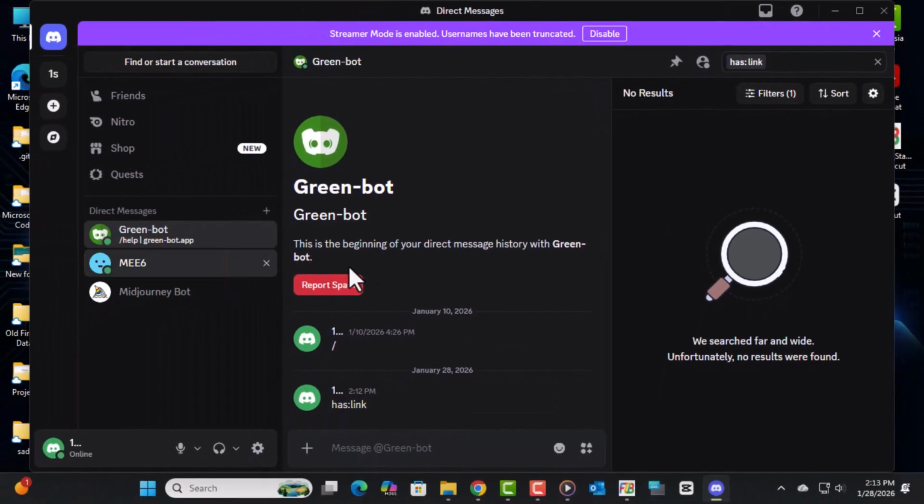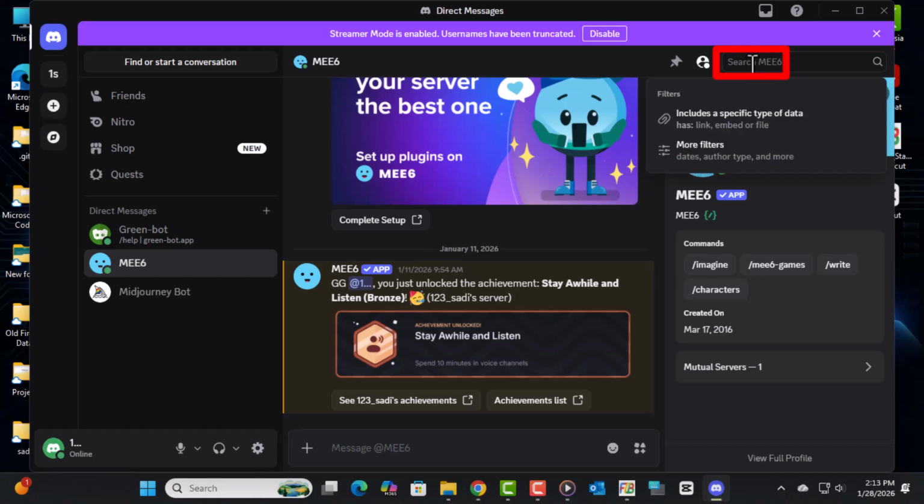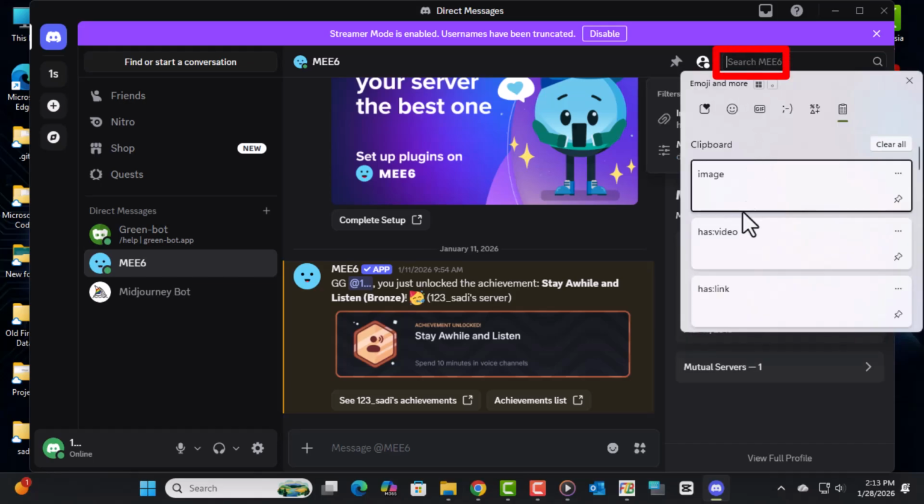browse through shared content. You've successfully learned how to view all chat media on Discord on PC in just a